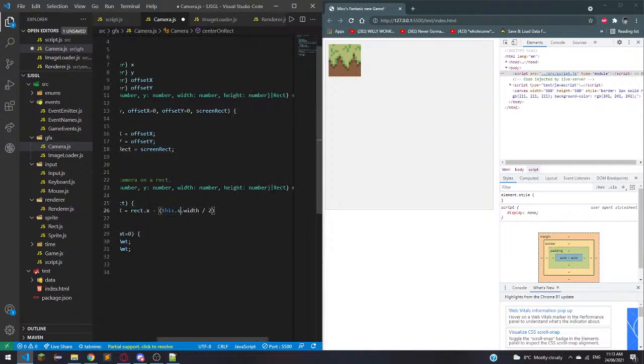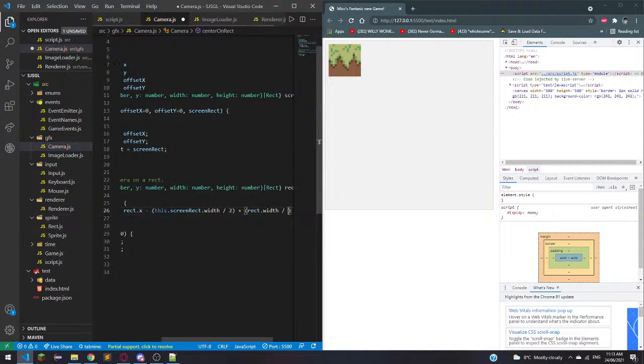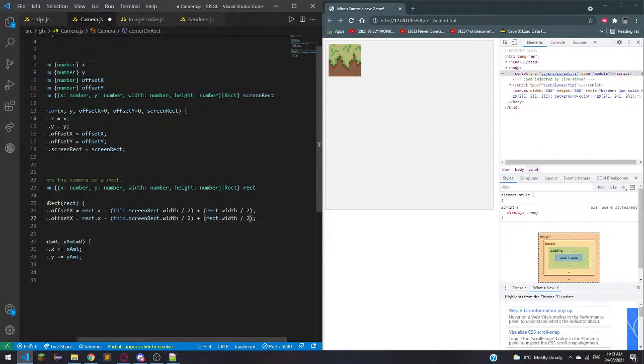So say this.screenRect.width divided by 2, and then we'll just say plus rect.width divided by 2. And we're going to do the same thing for the offset Y variable. So say height,